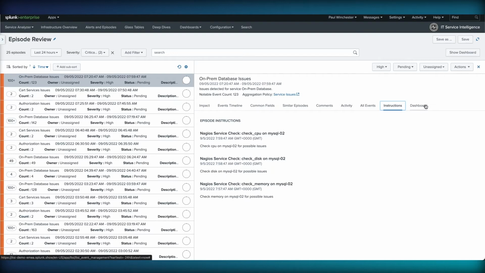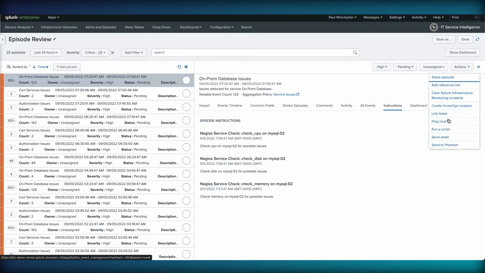Now, the other thing I want to highlight here before I forget, we've got the usual things you'd expect, the status, who it's assigned to, and what severity it is. But the actions menu here really is the key to how we work with this tool and how we integrate it with other tools. Now, this particular one is not currently set up to do an integration with an external ticketing system such as ServiceNow or VMC. If it was, you'd see a link in this drop-down menu allowing you to create a ticket, and that ticket can also be created automatically